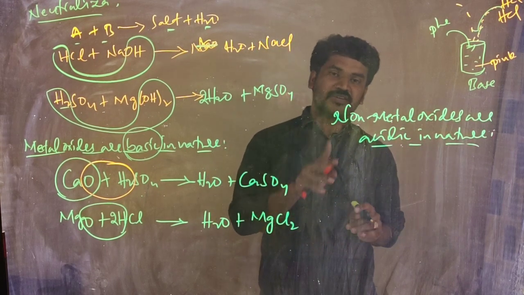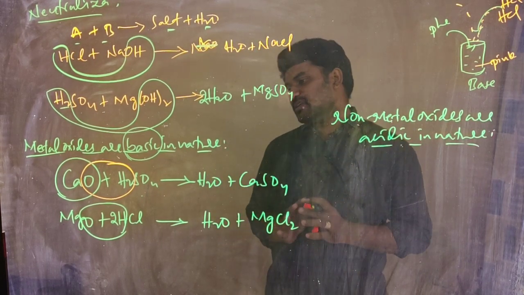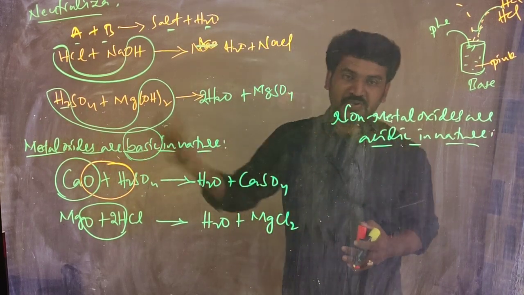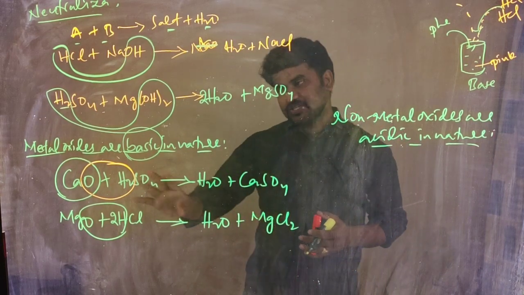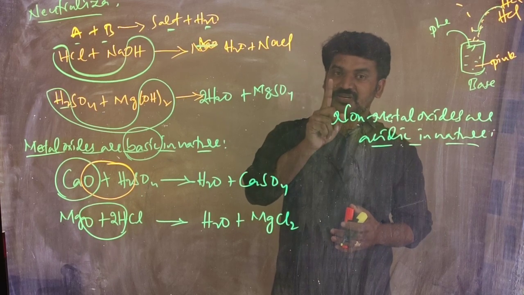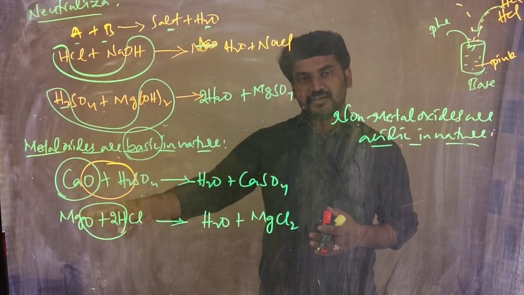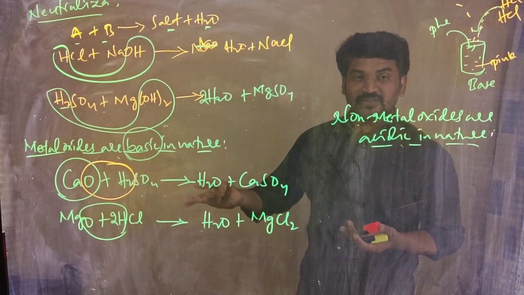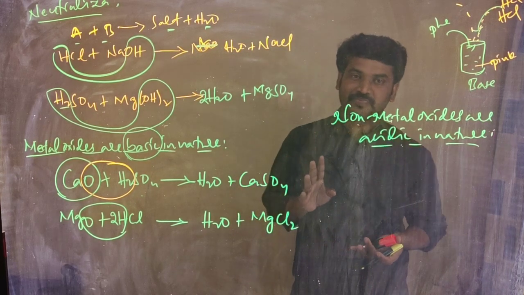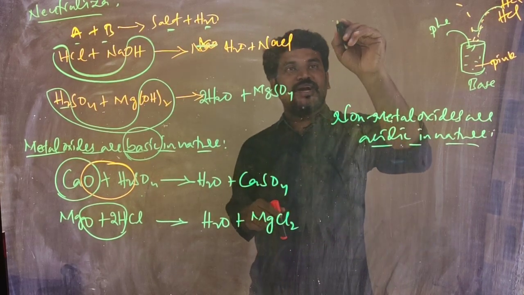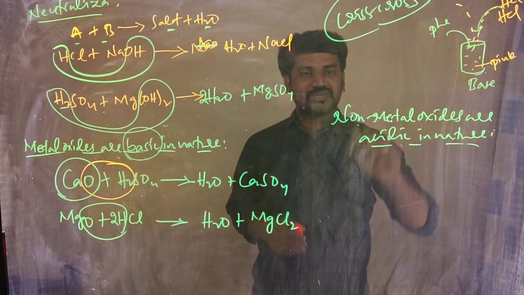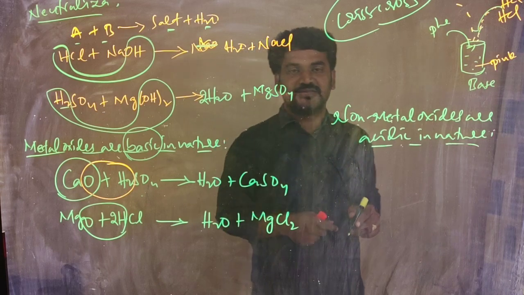Non-metal oxides. First you need to know the non-metal oxide, right? So CaO is a metal oxide, MgO is a metal oxide. You can take Na2O, K2O, Al2O3. So like this you can take these metal oxides. And remember, if you are perfect in the crisscross method, then only you will get the formulas. Otherwise, if I said to write sodium oxide, you might write NaO, right? So Na2O is sodium oxide, right? So children, you do practice the crisscross method, because it is needed to get the formulas.